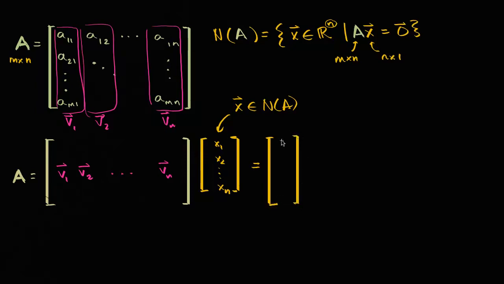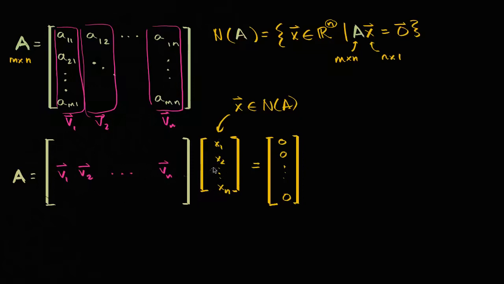Let me try and draw my brackets neatly. So you're going to have m of these, 1, 2, and then go all the way to the mth 0. So let's actually just multiply this out using what we know of matrix multiplication. And by the definition of matrix multiplication, one way to view this, if you were to multiply our matrix A